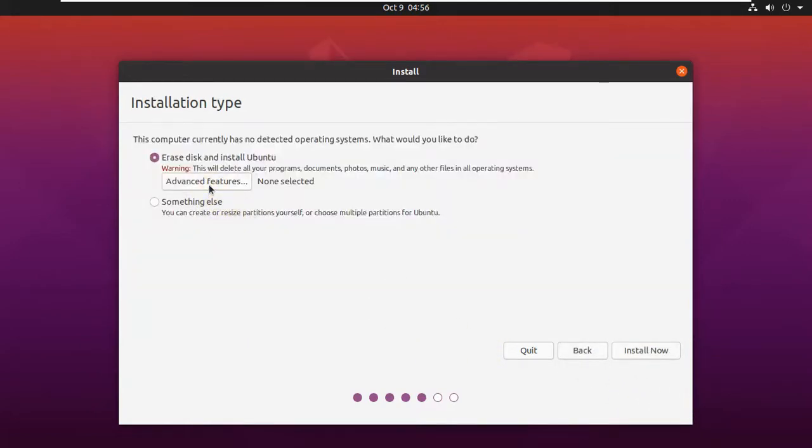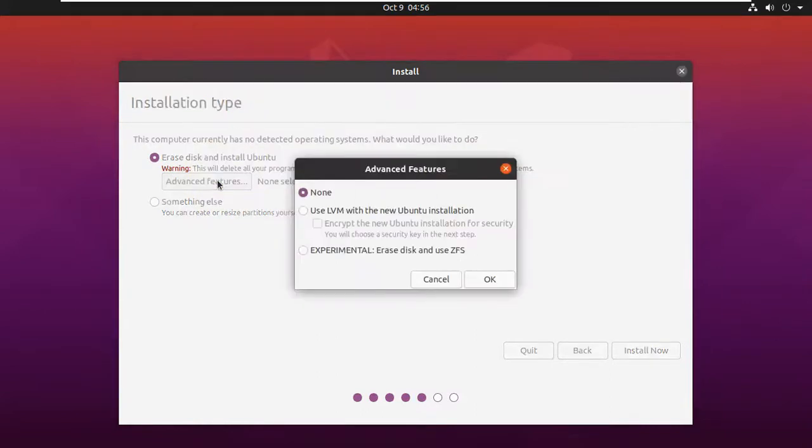So guys, here for security purposes you have advanced features. If you click here, you get none first of all, and the second option is use LVM with new Ubuntu installation. This is for security purposes: encrypt the new Ubuntu installation for security.